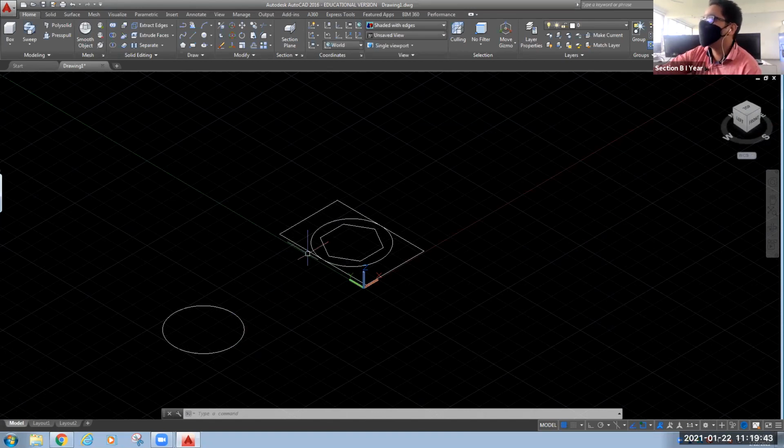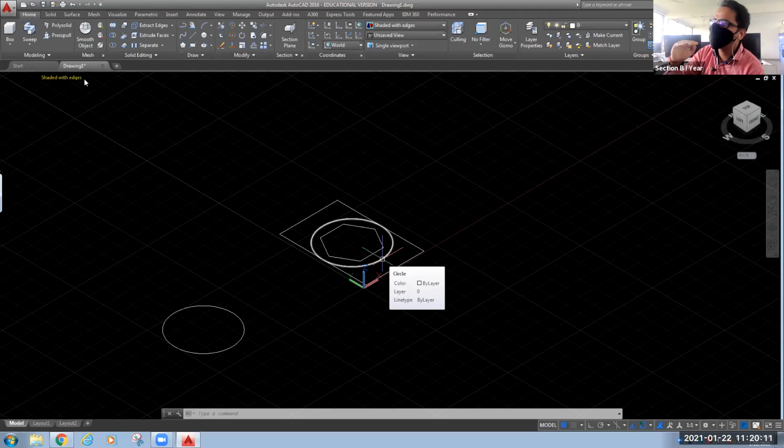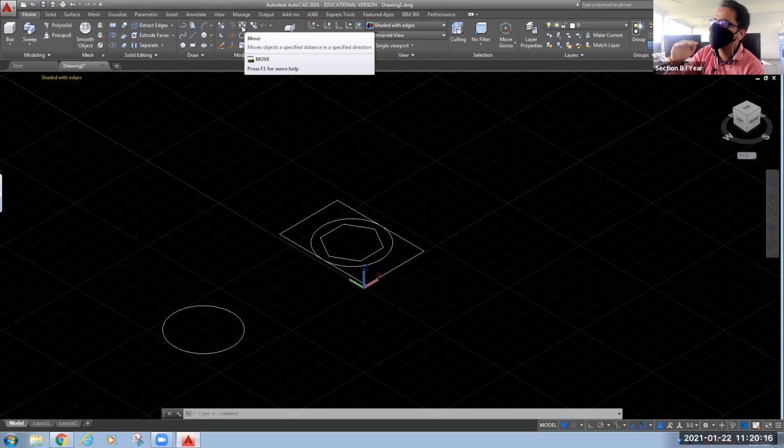So what I will do, I will change its plane. Changing its plane means I will change its Z coordinate. You can see here the Z coordinate is pointing in the upward direction. Okay, so I'm going to shift this circle. Now it is at Z equals 0. So I will bring that to Z equals some other value. So we will do it by using your move command. You have it here.